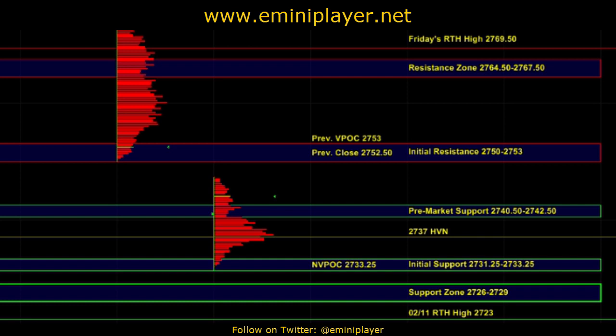Now, looking at the bigger picture, ES has sold off around 100 points over the last 5 sessions. So the market is getting oversold and overextended into some decent areas of support where responsive buyers are likely to be active. And that's why our short-term bias today is going to be neutral, while the intermediate term bias continues